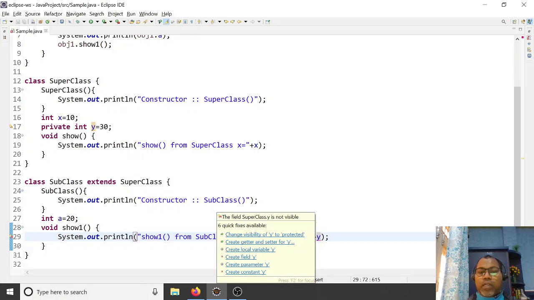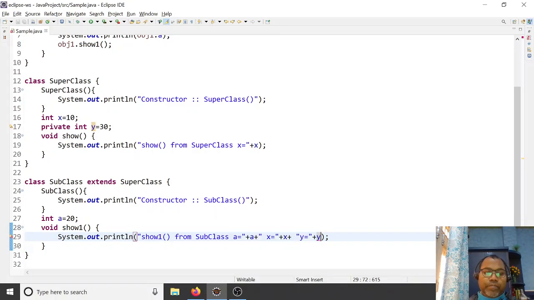It says superclass y is not visible here. The y data member cannot be visible because y is private, so you cannot access y here.